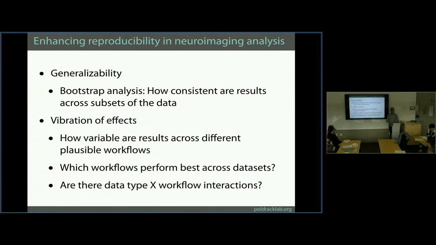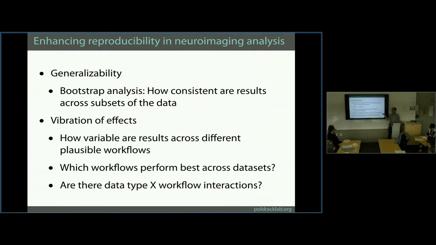Another thing that we're really interested in gets back to the analyses that I showed you from Josh Clark, and relates to this idea that John's had about vibration of effects. So the question is, if we run the data through, let's say there's 1,000 plausible workflows, how much do the results change across those workflows, and which effects change more? Which ones, quote unquote, vibrate more?